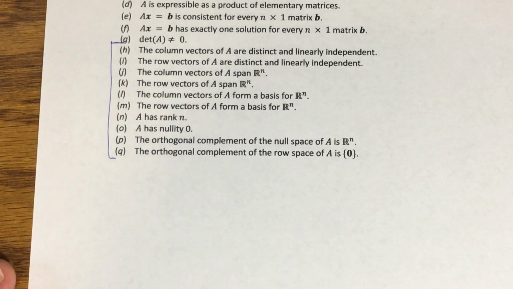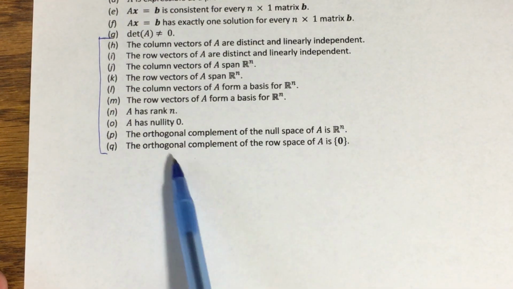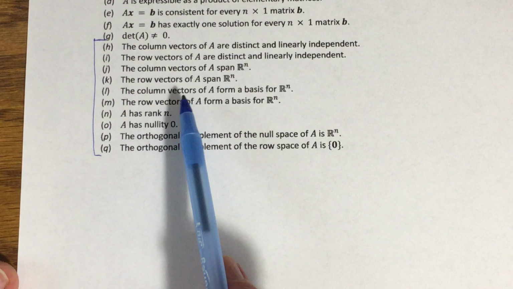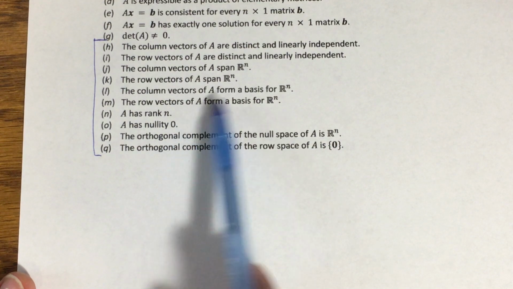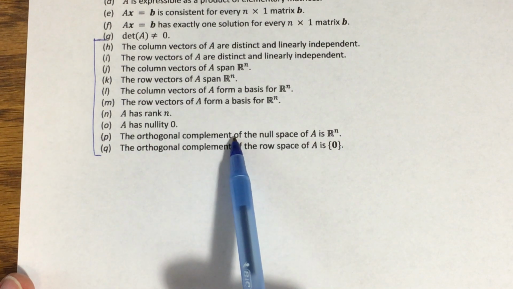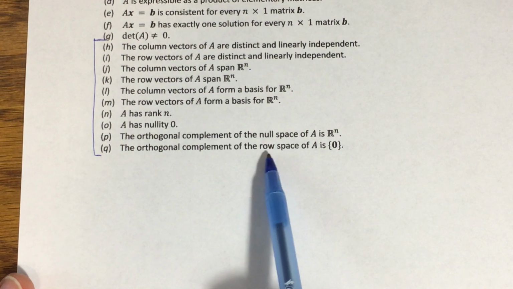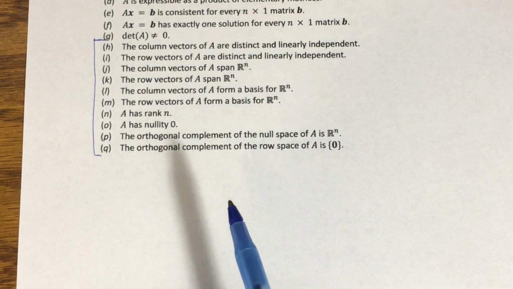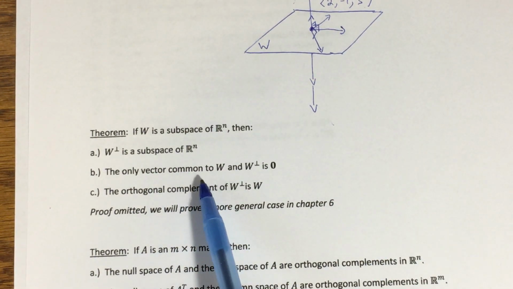All that's left to show is these last two statements, but again, we kind of already did this as well. So it says the orthogonal complement of the null space is Rn, the orthogonal complement of the row space of A is 0. So again, if we're saying that the row vectors of A form a basis for Rn, then that means that the row space of A is Rn. That's what that means. So if we're looking for the orthogonal complement of the row space, well, that means that we're looking for the set of all vectors that's orthogonal to all of the vectors in Rn. But using this theorem that we talked about over here, without proving, the only vector common